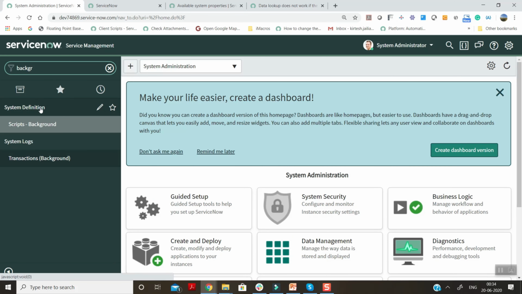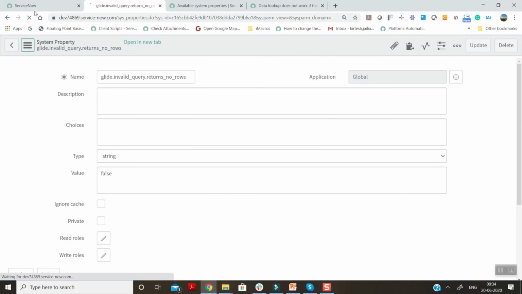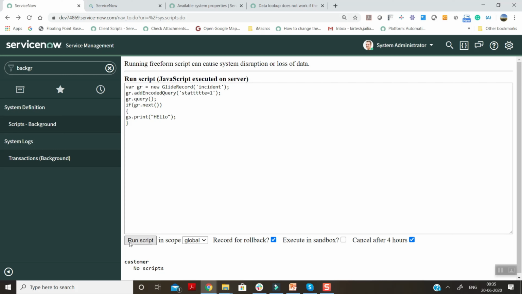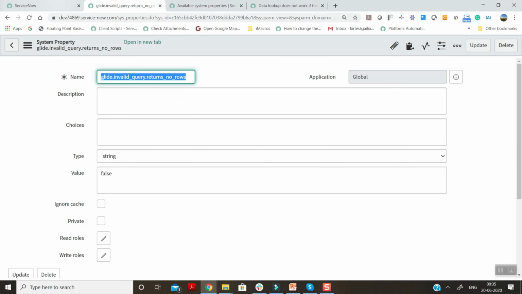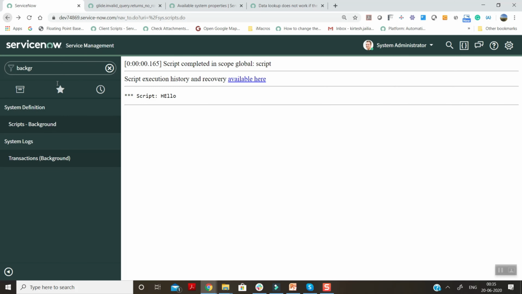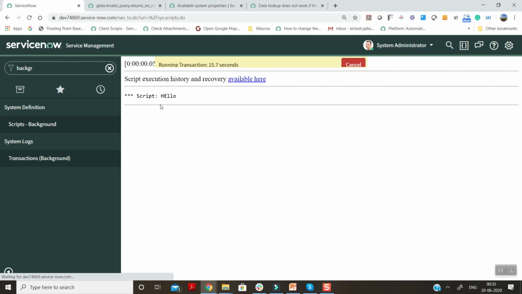Background script, open this, save it again, run the script. Look, it's working. The moment I made it false, if you have any encoded query which is wrong, it is showing you the output.